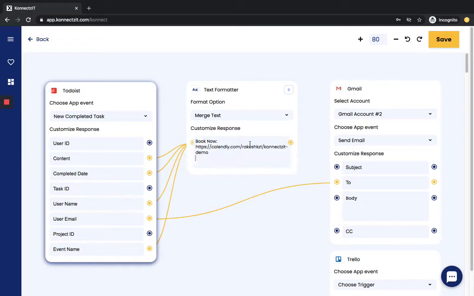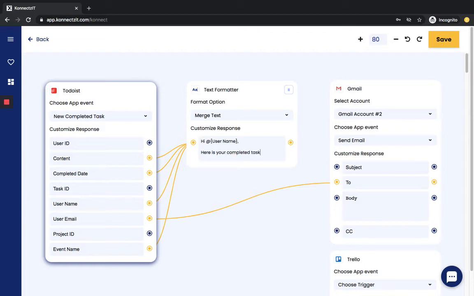Similarly, you can create all your text. I already copy pasted my text. So now, Hi username, here is your completed task.